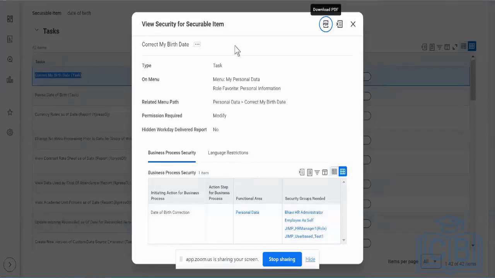And if you see this particular screen over here, it has multiple things. See here, view security for securable item, correct my birth date. As an employee, I'm going to be correcting this. And what is this? This is a task, and this is not any business process event or any kind of